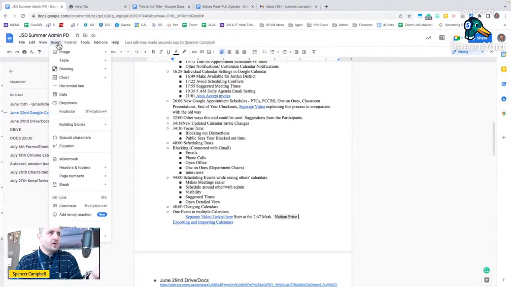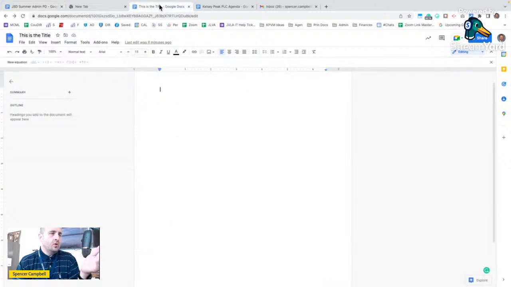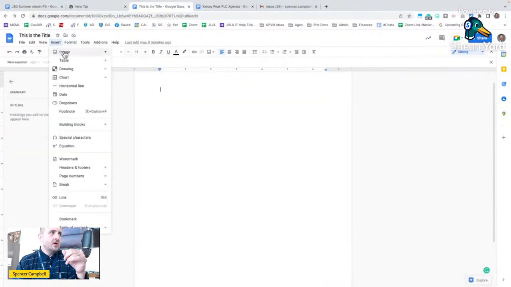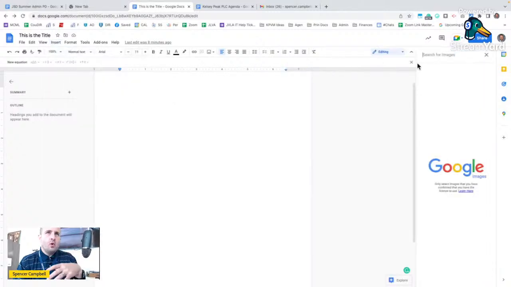When we go to insert, this is another way to do some of the things that we've already talked about as far as images, but there's a lot of different things that you can add into a blank Google document. So we can insert images, we can pull those from the web, we can search the web, we can upload from our computer, we can go from Drive, we can go photos. I love search from web the best,